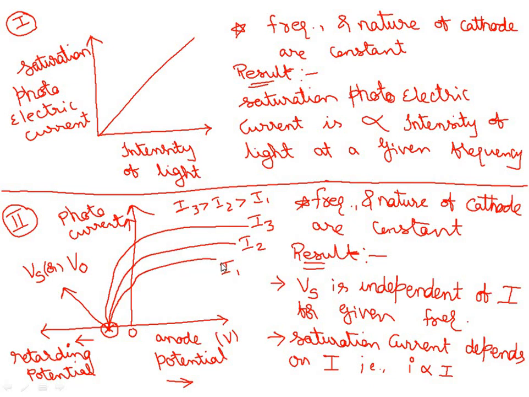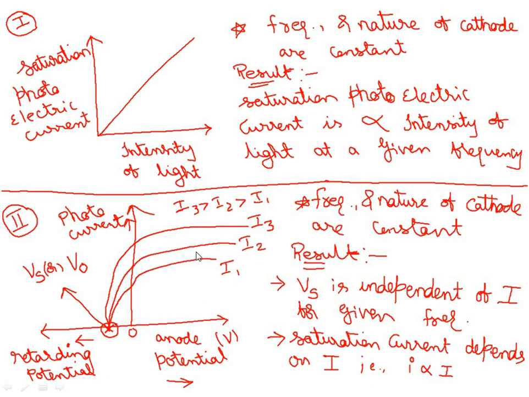So for one particular intensity I1, look here, as you increase the retarding potential, the current keeps decreasing. I told you the reason: even when you are reducing the potential, there will still be a current because of the already existing charges. Finally, at a particular value of potential, the current becomes zero. That is what we term the stopping potential, Vs or V0. Are we clear with this? So current is zero at that retarding potential.